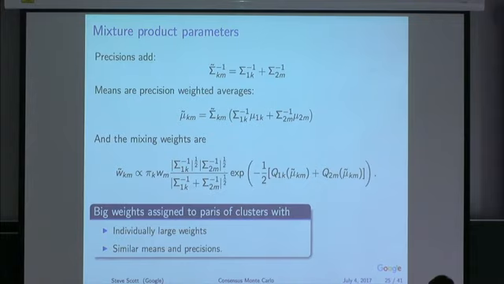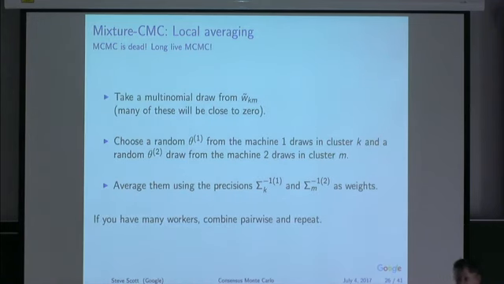And these quadratic forms go to 0 when the means are identical, right? So if I have identical components, then I'm going to end up with a mixture component in the product that is going to have a big weight. All right. Well, okay, now that I have this product of mixtures, what can I do with it? Well, we got some robustness. One thing I could do is just say, well, that's my answer, right? I've got a mixture decomposition that describes P1, a mixture decomposition that describes P2. If I multiply them together, okay, that's my approximation.